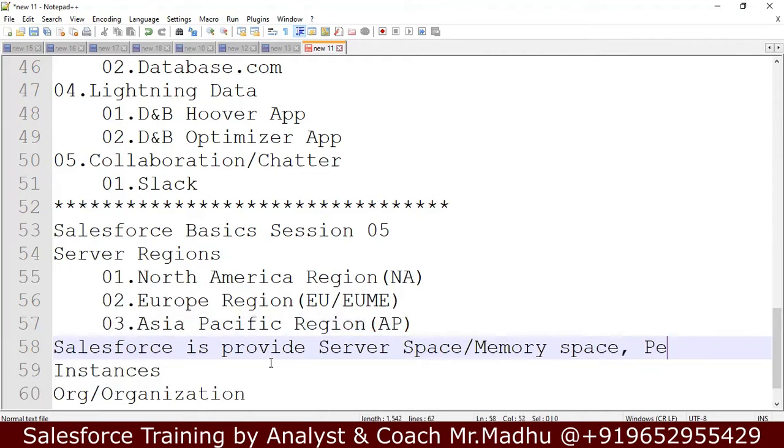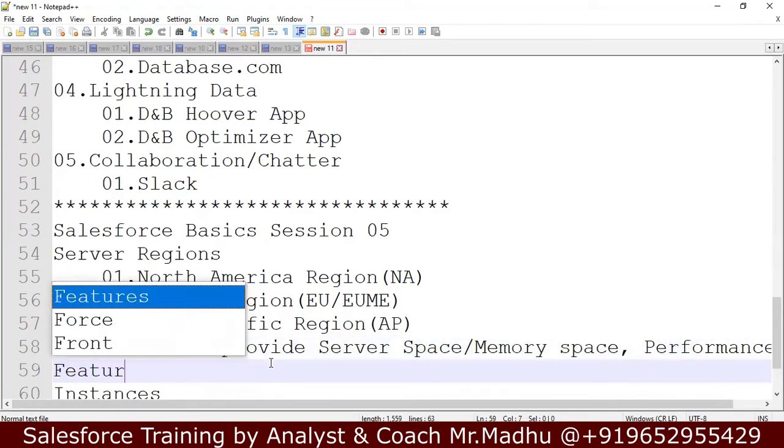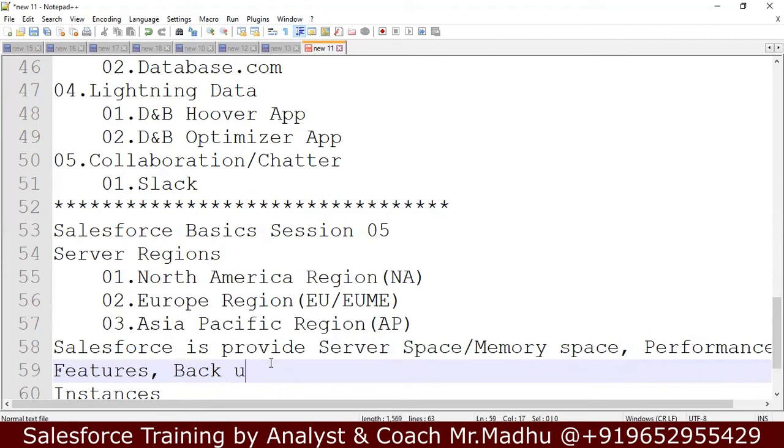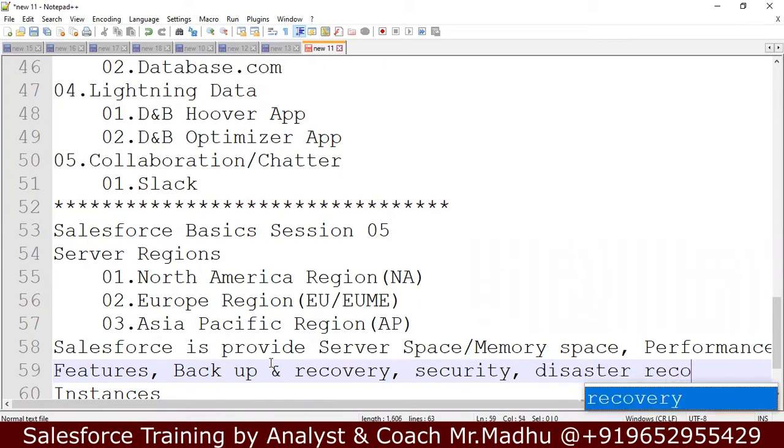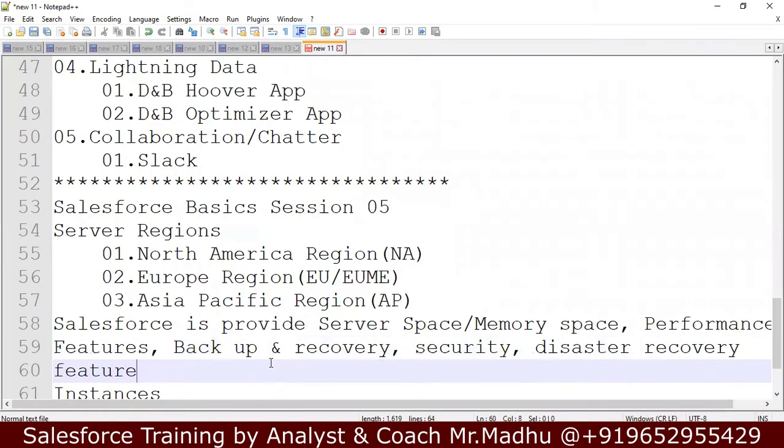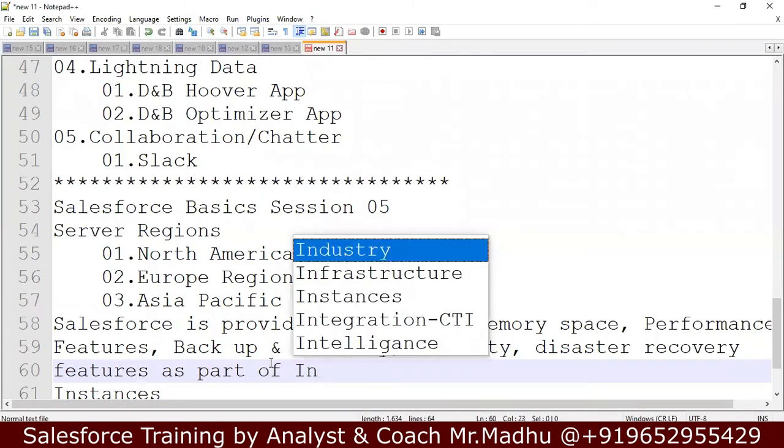And they are providing performance features, backup and recovery features, security features and disaster recovery features. All these features they are providing on a rental basis as part of infrastructure as a service.